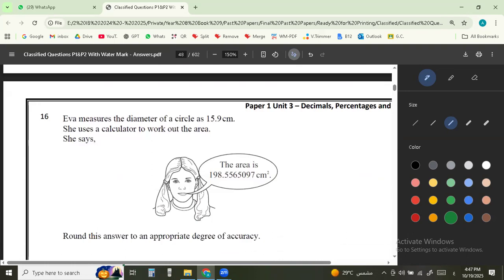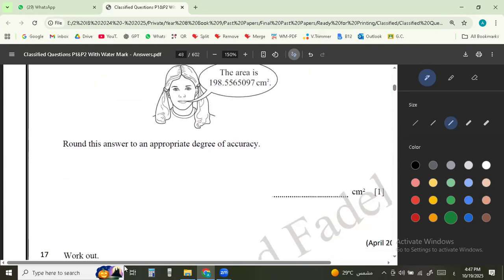Next, round this answer to an appropriate degree of accuracy. The student measures the diameter of a circle as 15.9 centimeters. She uses a calculator to work out the area. She says the area is this number, but they want you to round this answer to an appropriate degree of accuracy. I'm going to make it into, like, you can say